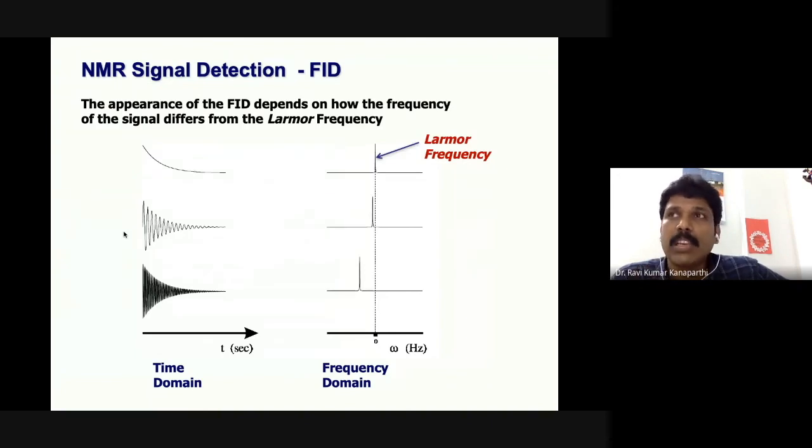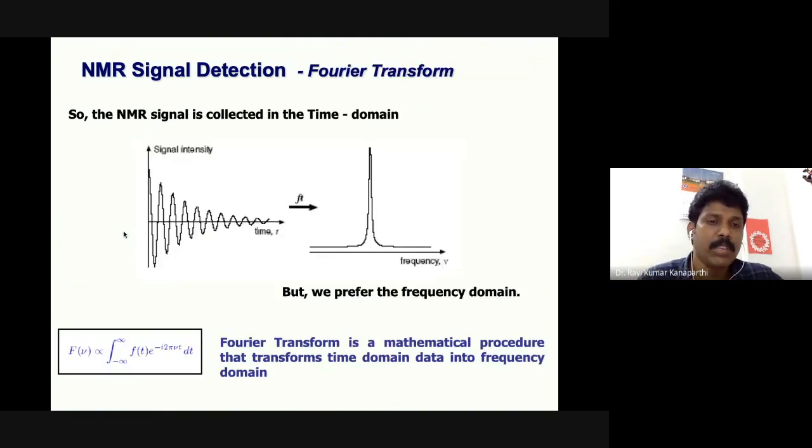This is usually done by a Fourier transformation. Most of these spectrometers come with Fourier transformation by default, integrated with the software. You don't have to do anything. Mathematicians already developed the Fourier transformation analysis, so it is just mathematical software. The time information will be converted into frequency information by this process. If you are of a mathematical background, you probably would have studied what Fourier transformation is. This is how one can convert time information to frequency information.